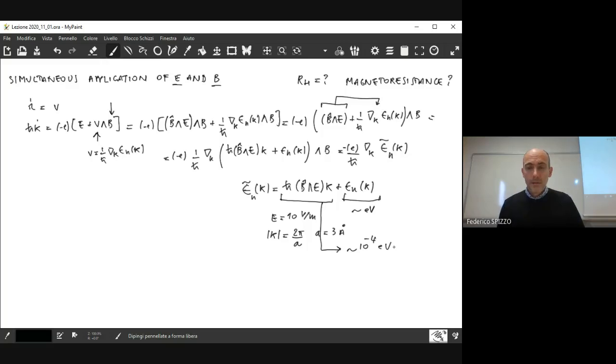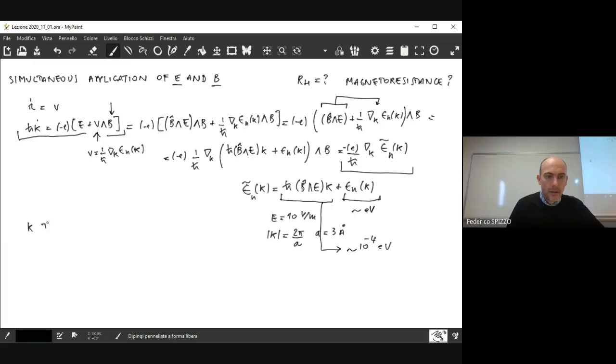So the conclusion is, even if we now have an electric field in combination with the magnetic field, in principle we may not say, by looking at the initial equation of motion of the wave vector, of the crystal momentum, that the motion of the crystal momentum is in an orbit orthogonal to B over a constant energy. By considering this new representation of the equation of motion, and considering that E_n is at least 4 orders of magnitude larger than the contribution of this term here,